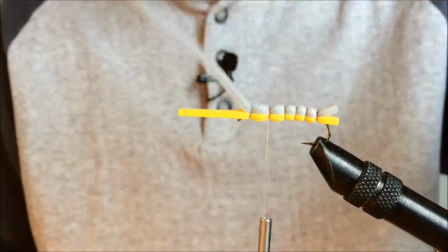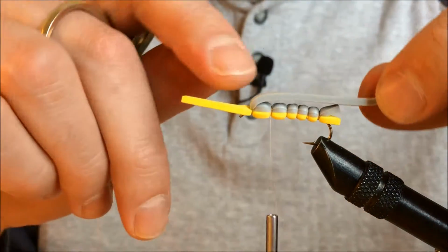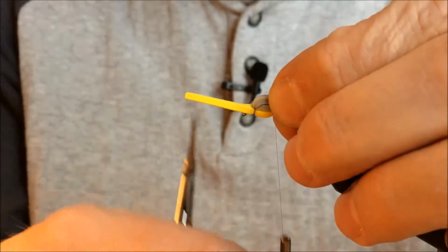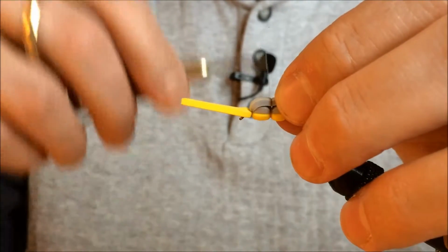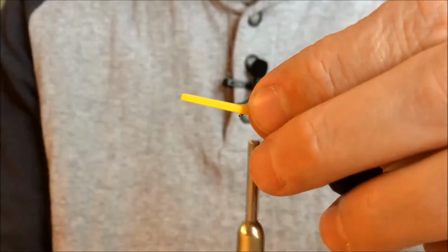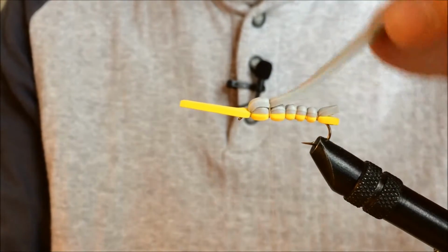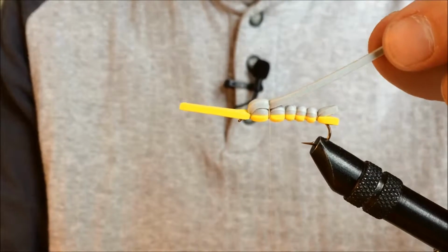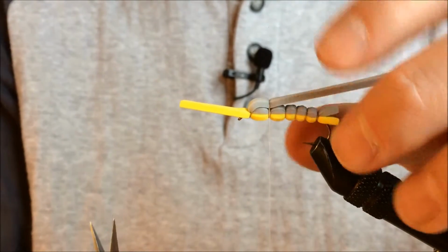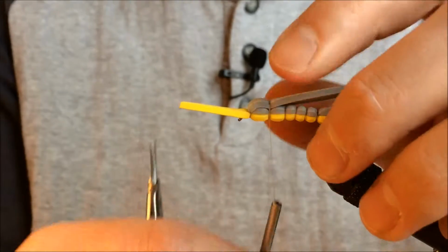What we're going to do with these two pieces of extra foam is I'm actually going to pull this gray foam back, going to tie it off, and now my wraps on this gray foam, I'm not going to try to do too many tight wraps, as I want this gray foam to sit along the back of the fly. I don't want it to be flared up. If I really tighten down that thread, that foam is going to flare up. So I'm going to do pretty loose wraps so that it stays closer towards the back of the top of the fly until